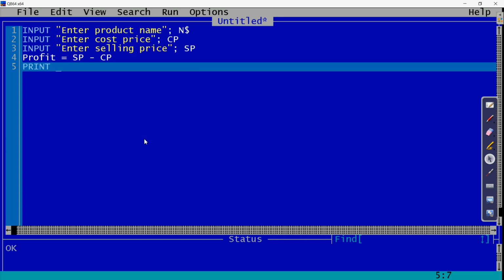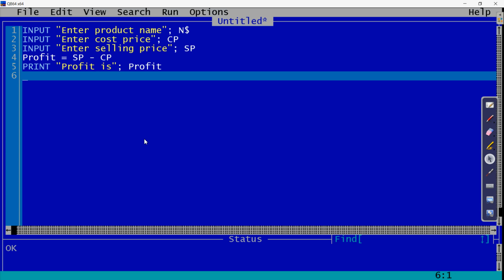Print, then the message which you want to write: profit is. Then the variable where you have saved the profit, so I am writing the name of the variable, that is profit. So this was all the part of the program.